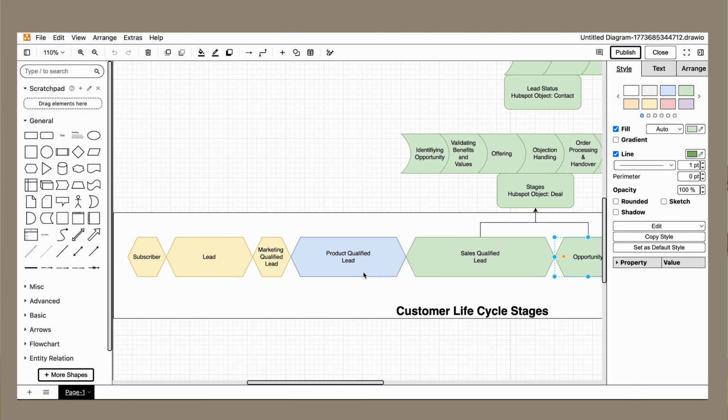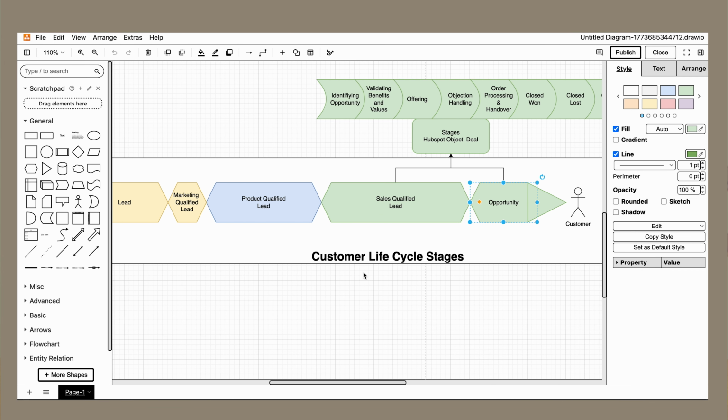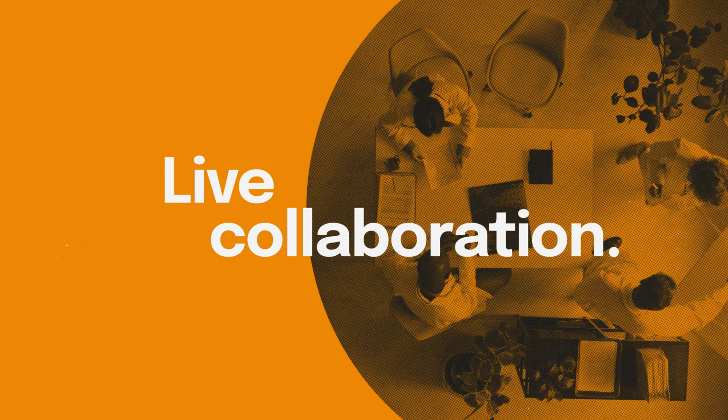Another way Draw.io can break down silos is the simple superpower of diagramming itself. People who work in different departments don't always speak the same jargon. Diagramming can help translate complex ideas and processes so that everyone can comprehend. Use Draw.io to visually map out these processes to make them easier to understand. And there's a never-ending list of things you can do this with. When you visually map out the problem, you remove the language barrier that is usually the cause of the silo in the first place.